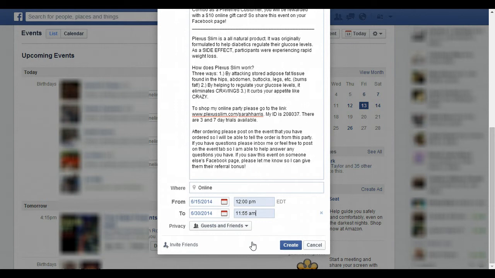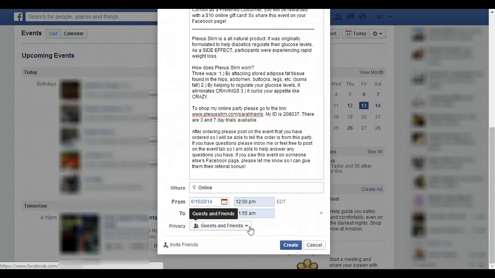So when your event comes, it'll start at noon, and it'll just end at like 2 o'clock, because Facebook just assumes, I don't know why they do it that way, but it doesn't hold that time. So it just assumes instead of a long 2-week event, it's a 1 day, in the afternoon kind of event. Okay, and then